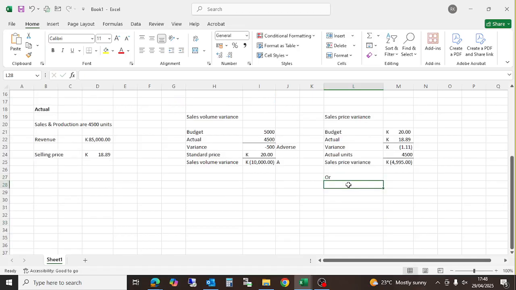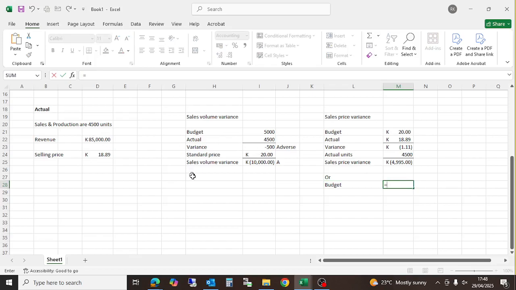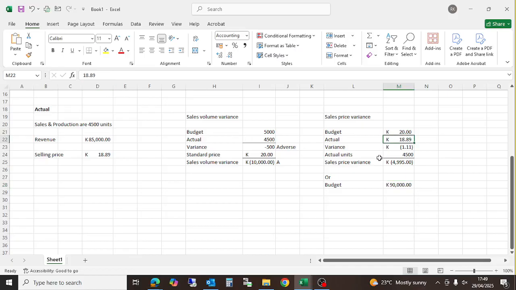You can have your budget, we'll multiply our selling price as per our budget, which is 20 kwacha. So if we sell 4,500 units at 20 kwacha, it should give us 90,000, right? Okay, I just want to make sure everything is okay. And then the actual,